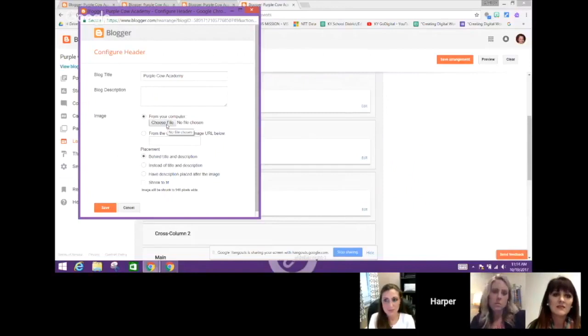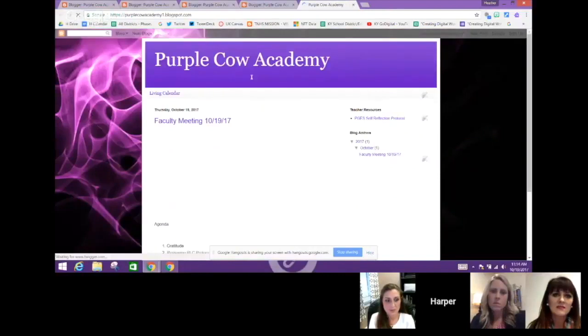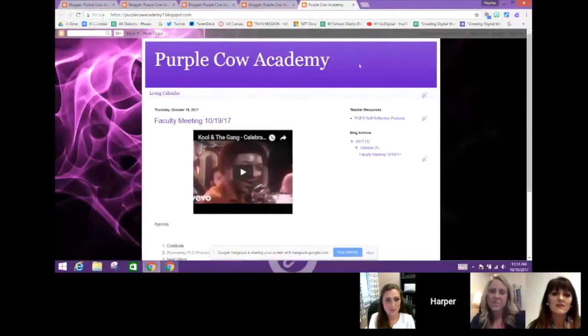And when you upload that image and click save, instead of this where it says Purple Cow Academy, we would replace this with the image that really reinforced our staff theme. So for like Kathy Gibbs and JCPS, there's a picture of James Dean driving a car for night riding. I know Beth Brandenburg did something with a garden, so you could replace that.